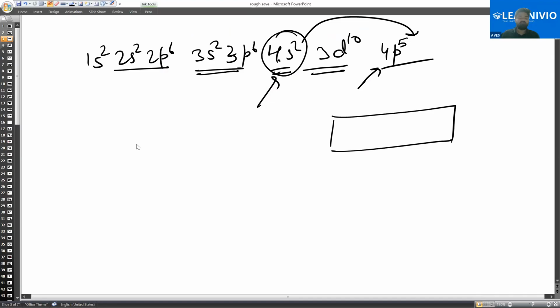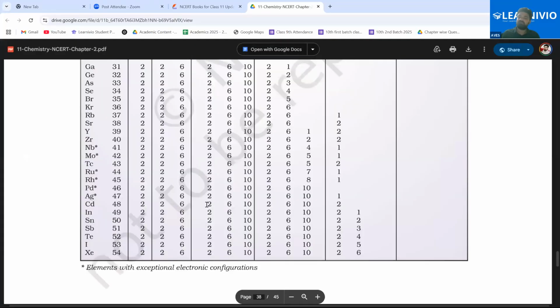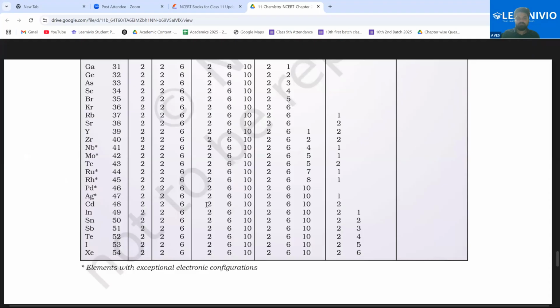Then after this one the next one is क्या है, 47. Let's check whether it is having any exceptions. 47 में सिल्वर में एक्सेप्शन है, वही एक्सेप्शन है, इलेक्ट्रॉन इसमें आ जाएगा, देखो